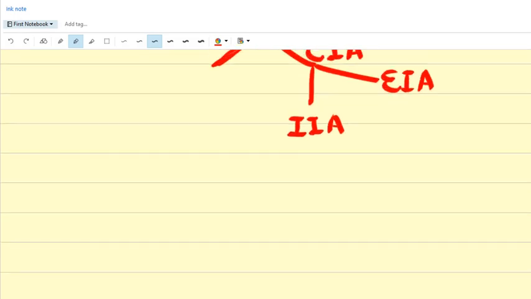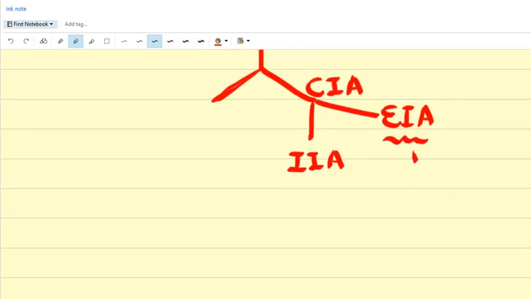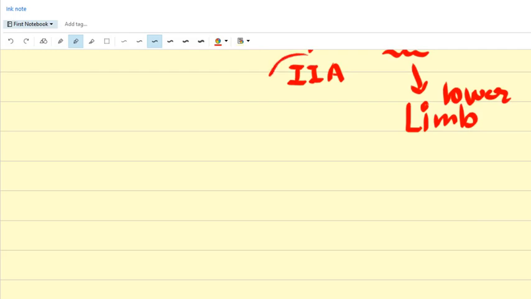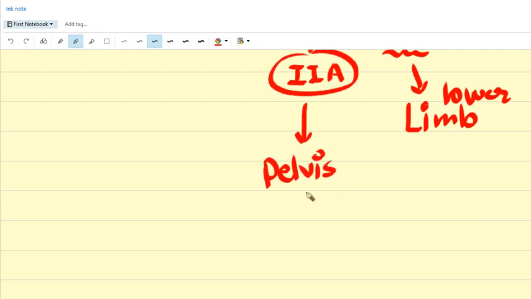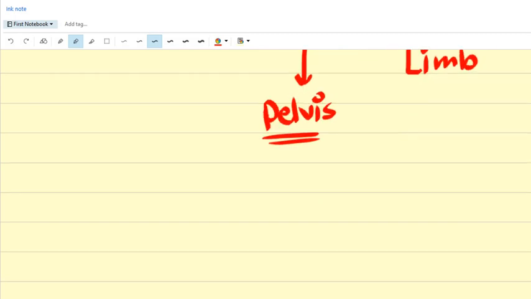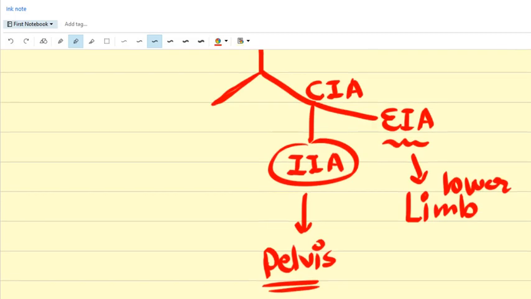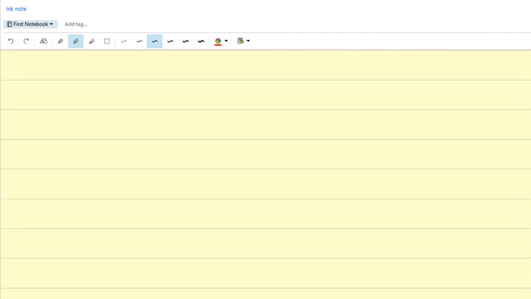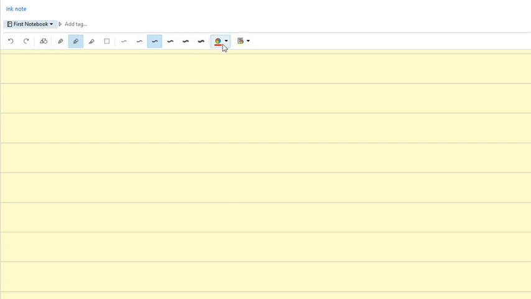Okay, this external iliac artery will supply the respective limb, lower limb exactly. The internal iliac artery supplies the pelvis part. Okay, so internal iliac artery supplies the pelvis. This you must know. The thing is, internal iliac artery